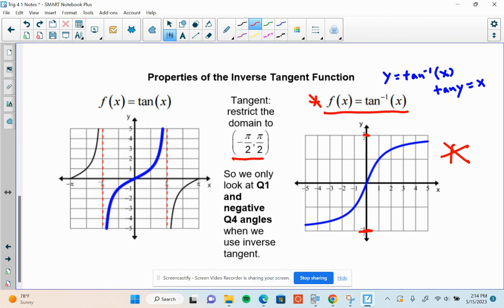But the input, the x values for the inverse tangent function, can be anything from negative infinity to infinity. And it's interesting to check that out on the calculator as well. Okay, so we're going to flip to the next page and look at one quick example